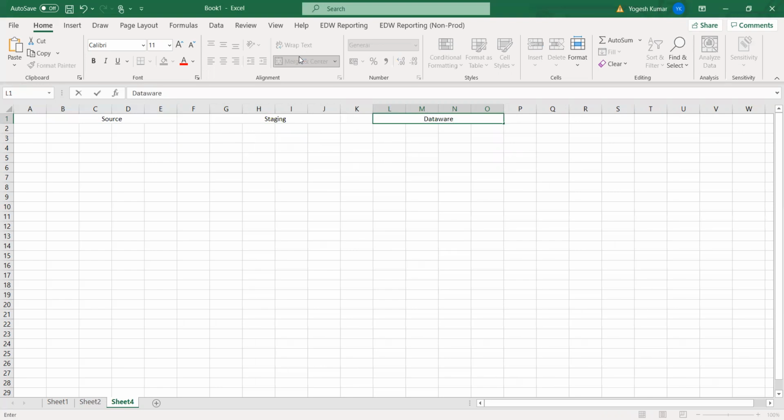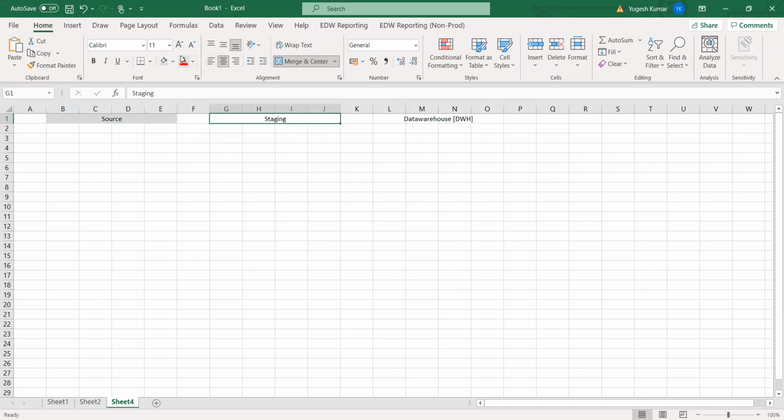Data warehouse is sometimes called DWH, the short form. We'll have these 3 different stages in the data warehouse.